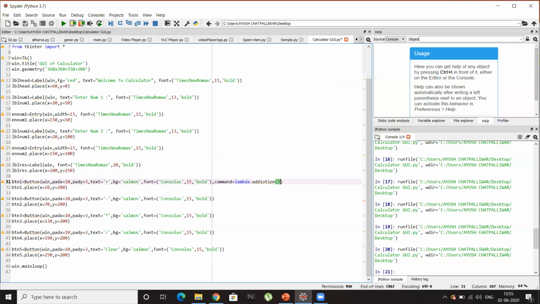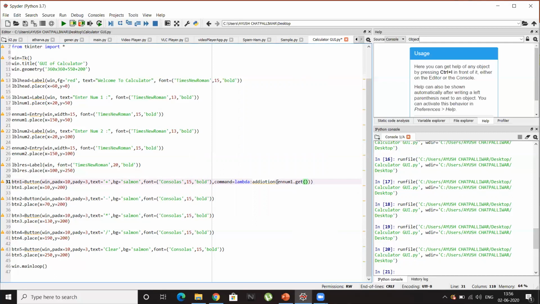So inside this function, what we will send is the first number from the user. To get the first number from the user, we'll be using the object of the entry box, the first entry box. So it will be en_num1.get().